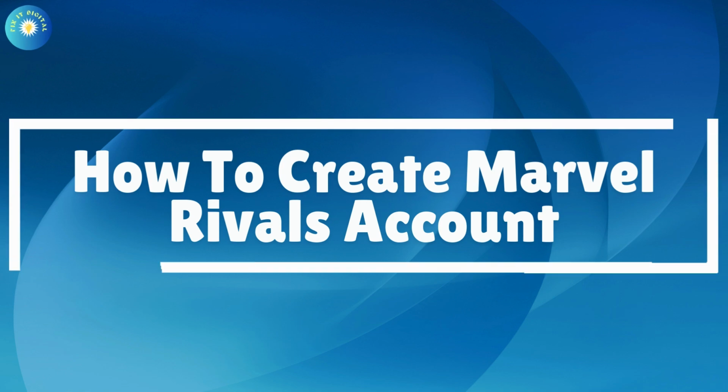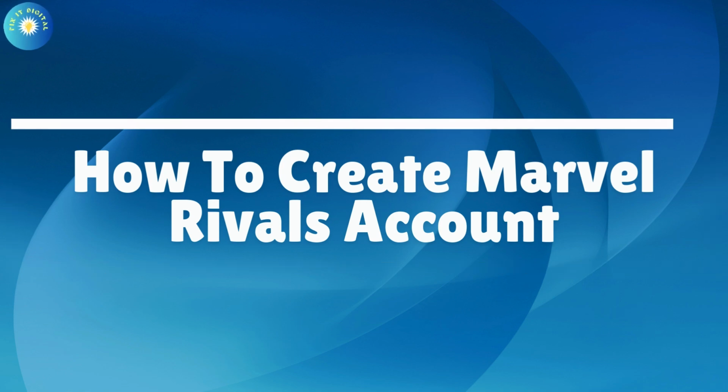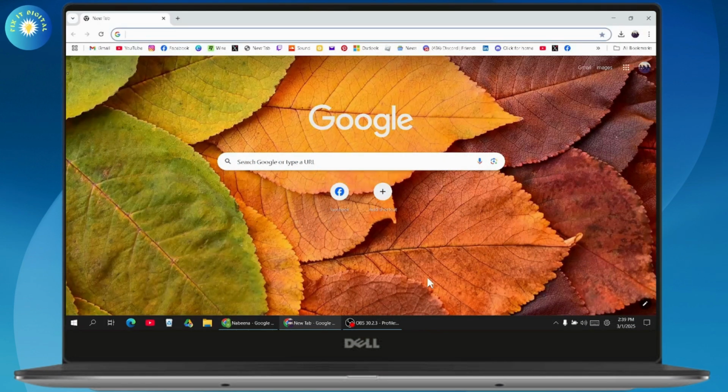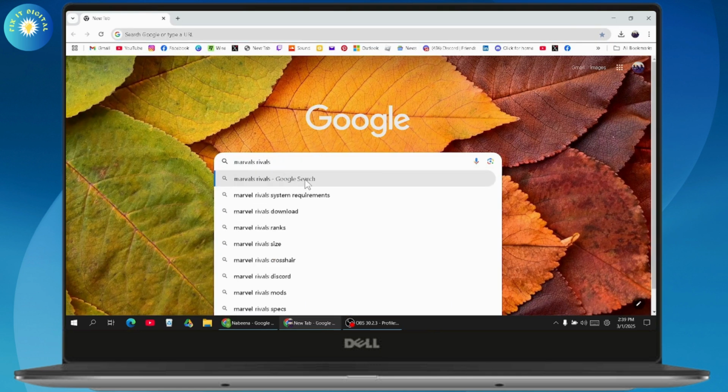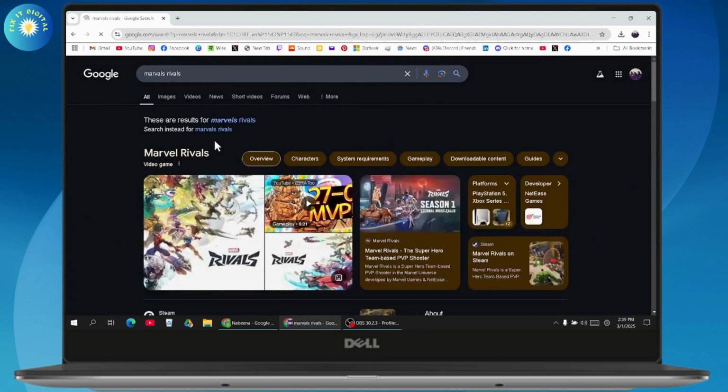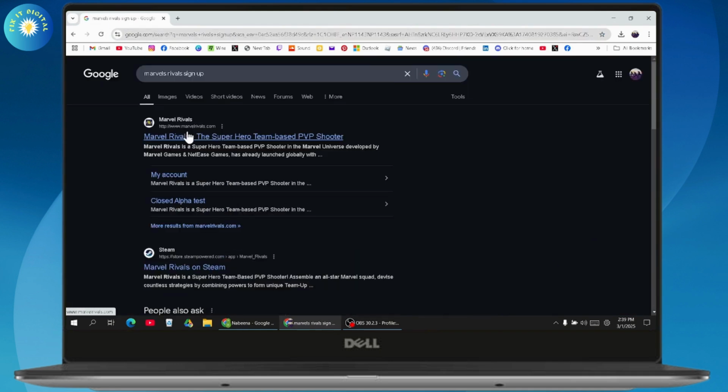Create Marvel Rivals account. So if you want to create a Marvel Rivals account, then what you need to do is first you just need to simply open up your browser, make sure that you have an internet connection. After that, you need to go with search, and under search, you need to search for Marvel Rivals. And after searching, now you need to scroll down, and here you will have